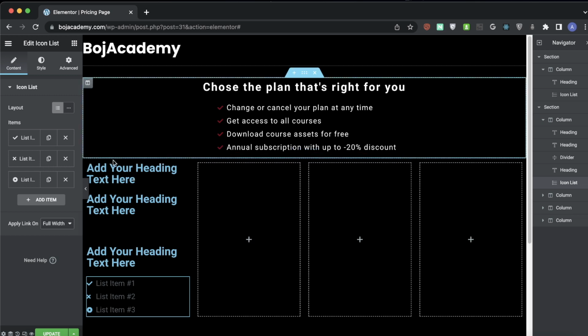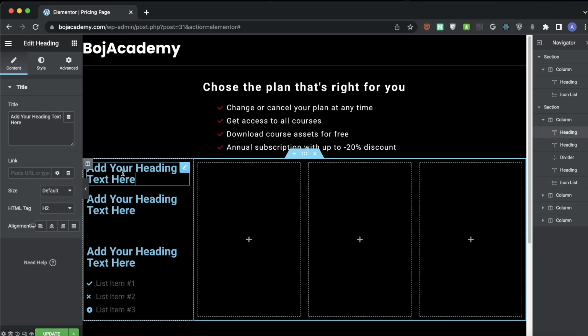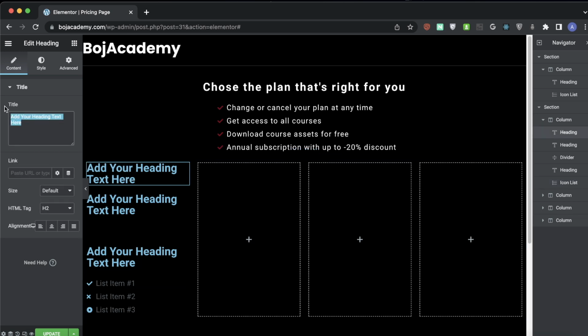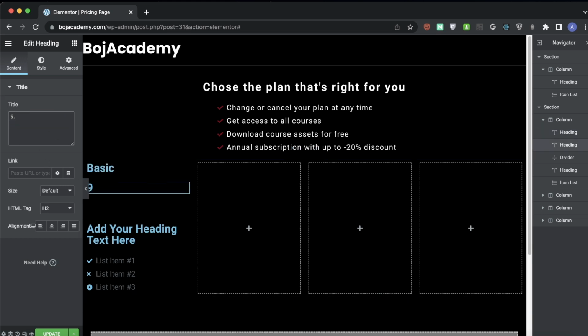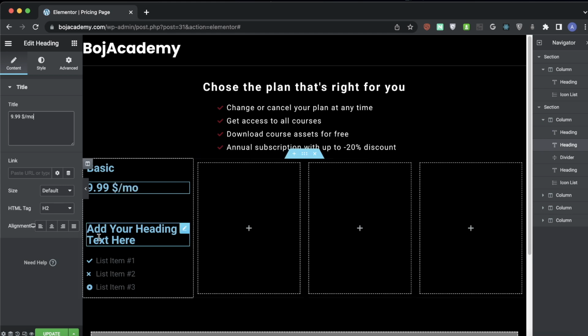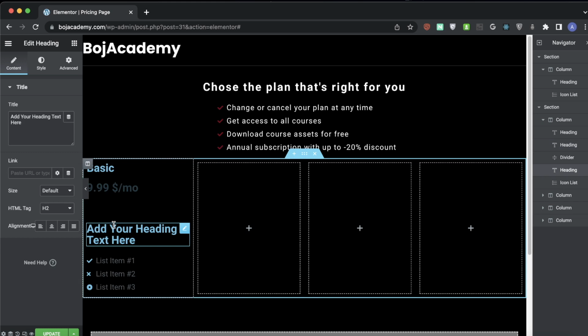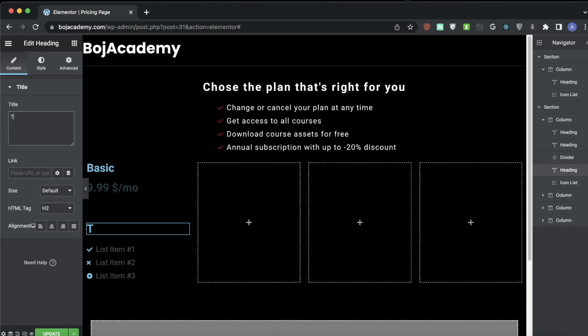So let's go ahead and create the first one. So let's click on the heading. This will be the package name, which is basic. Here we have the price, $9.99 per month. Then we have the divider, we have top features